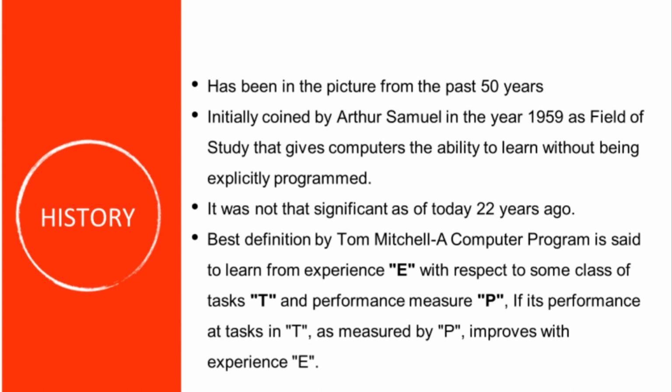Some of you might think something like this is out of bounds for your subject, right? But this is something like how we perform a task: we do it continuously with some experience, and our task performs well. In the same way, this person, who is none other than Arthur Samuel, regarded as the father of machine learning, gave a simple definition: instead of programming, machines will be able to learn. That's what Alan Turing said in 1950 itself.